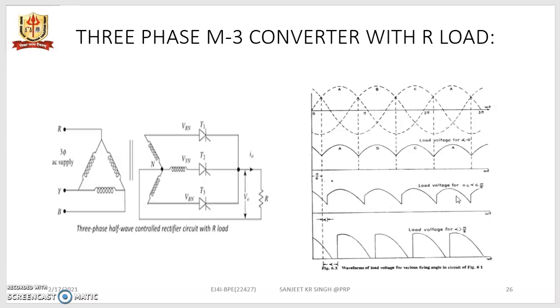If the firing angle is increased from alpha equal to 0 to 30 degrees, then we see here conduction continues beyond this midpoint to 30 degrees ahead, and similarly subsequent thyristors will conduct for a total of 120 degrees each. If the firing angle is increased further, then there is discontinuous mode of output rectified voltage as well as current,